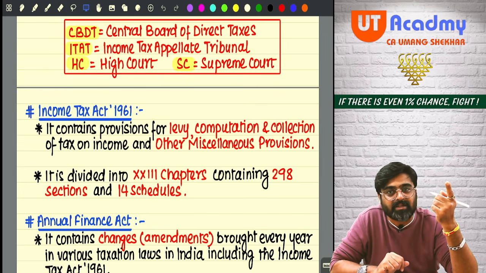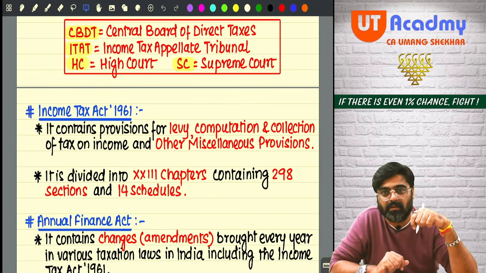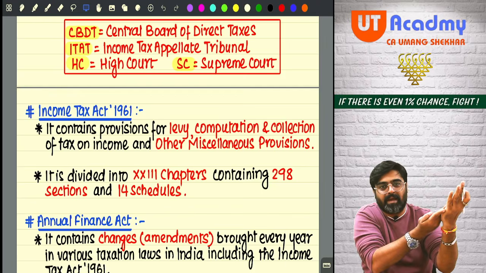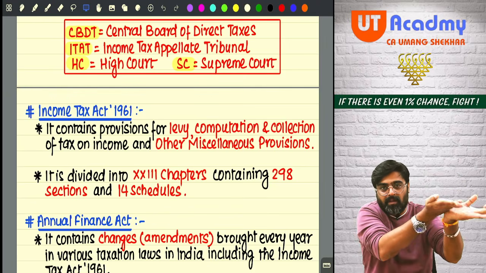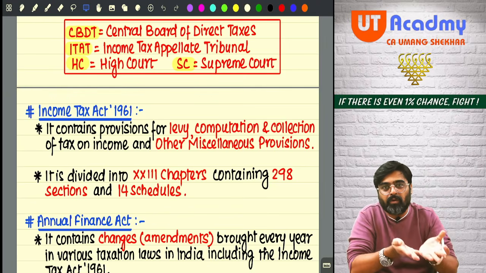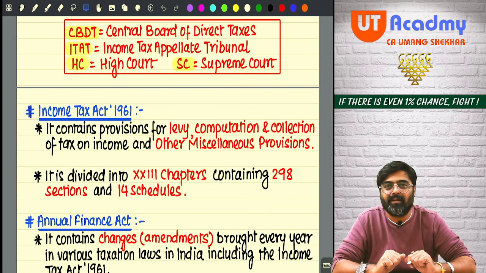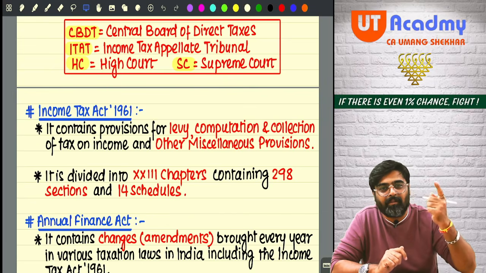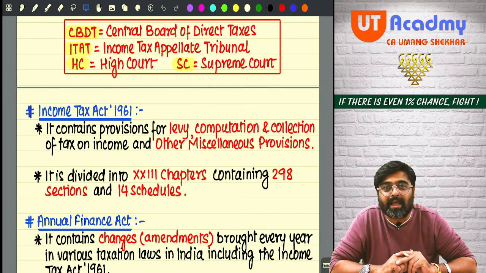Because after becoming a chartered accountant, you will not have Umang sir. You will have to go and read the bare act. So how to read the bare act? How to interpret that? You should know everything in final CA only. But in final CA, what are people doing? Running behind crash courses,